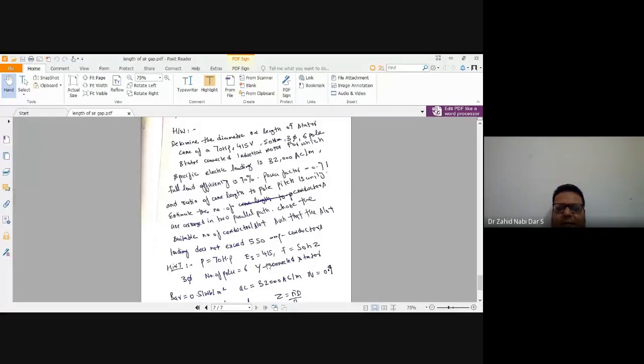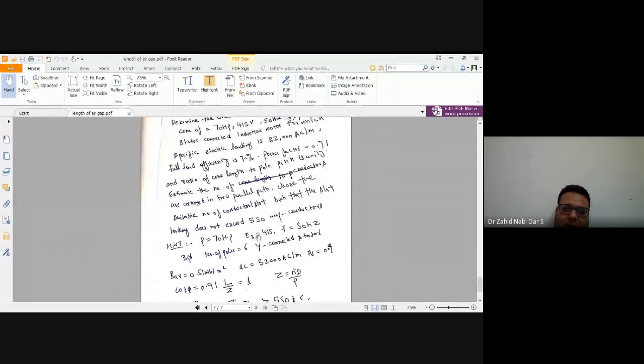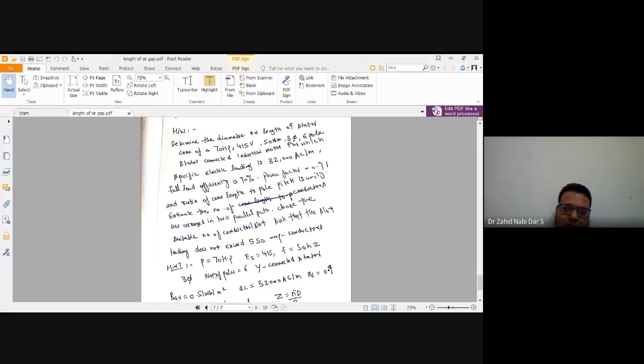Now in the earlier case it was delta connected, so line was equal to phase. But when you are taking the phase voltage here, from the line voltage, it would be 415 divided by root 3, because it is Y connected. You cannot take it as it is. That is one important consideration while taking this voltage. And your B_av is equal to 0.51 Weber per meter square. That is also mentioned here.